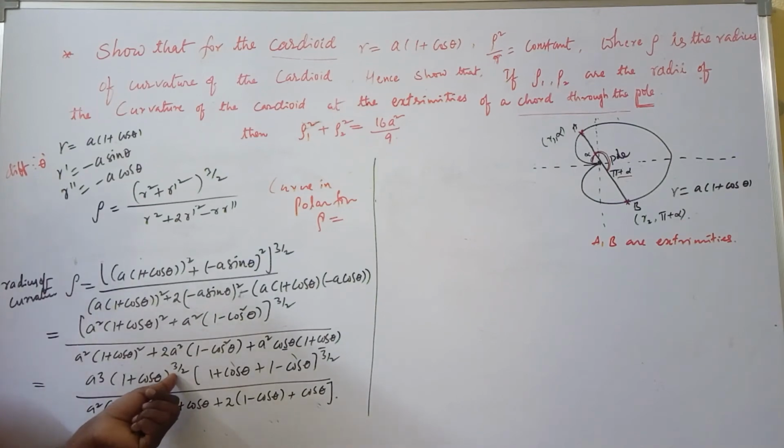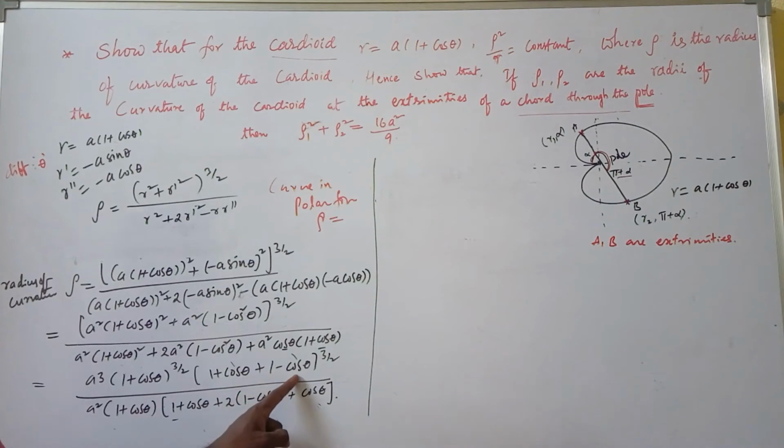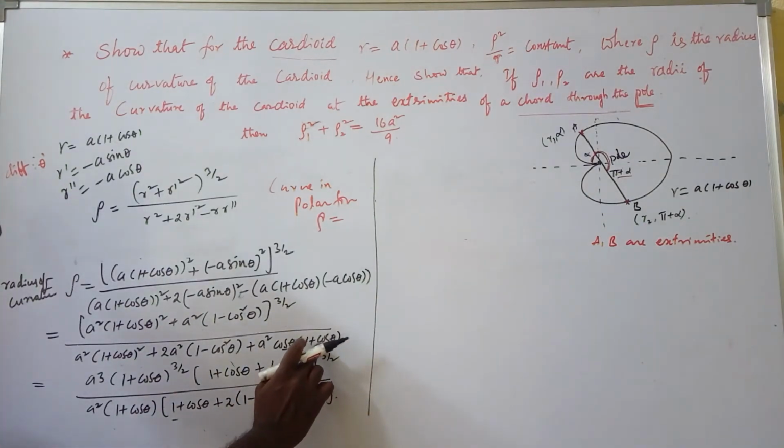Okay? Next, here 1 plus cos theta, same as 1 plus cos theta, plus here you take the common 1 plus cos theta. Next, the remaining term is 1 minus cos theta. Just substitute that as 1 minus cos theta, so whole power 3 by 2. Okay, whole power 3 by 2, same as whole power 3 by 2.